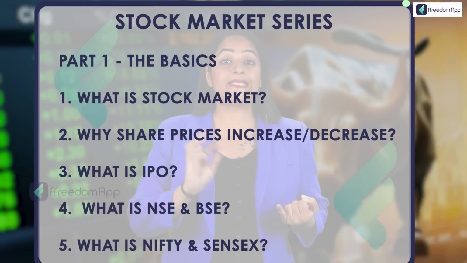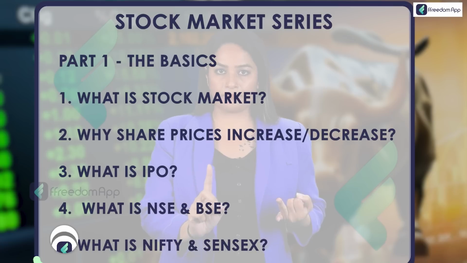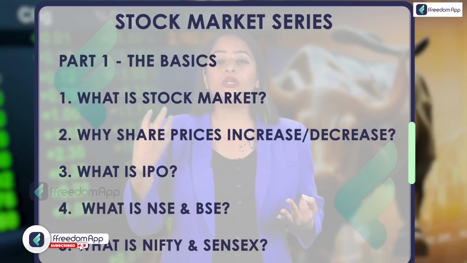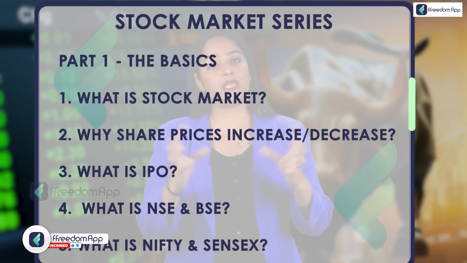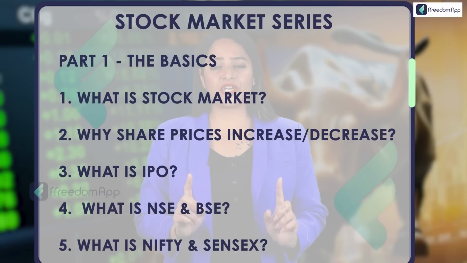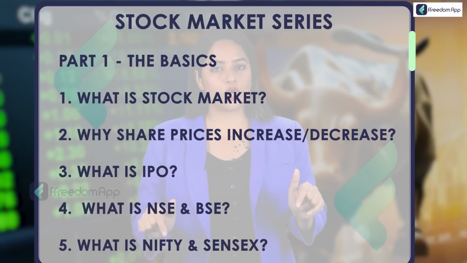I'll just brush it up for you. So what is a stock market? It is a place where we sell and buy shares. And shares and stock are the same. And how does the increase or decrease of share price happen? When the company performs well, when it is making profit, when it's in demand, the share price increases. And on the other side, if the company is not performing well, is going at a loss, the share price goes down.